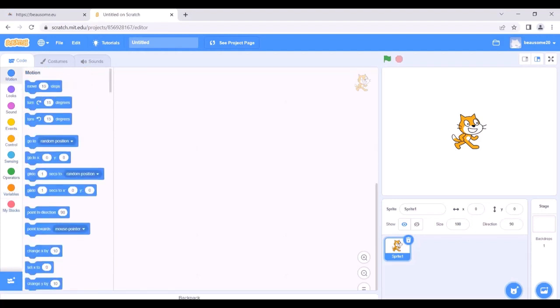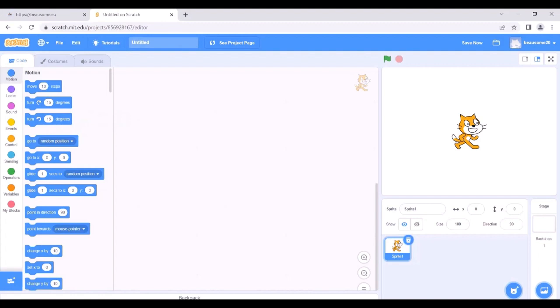To add a new block to the coding area, we have to select it and move it to the coding area. Then if we want to delete this block, we can click on it and then move it outside of the coding area.